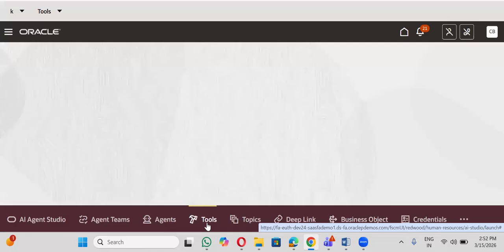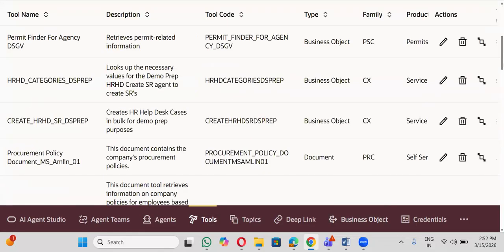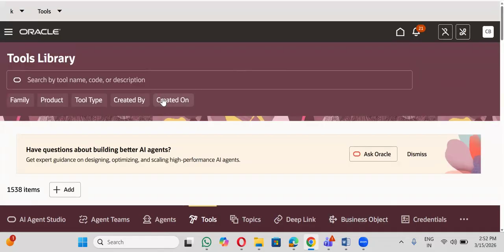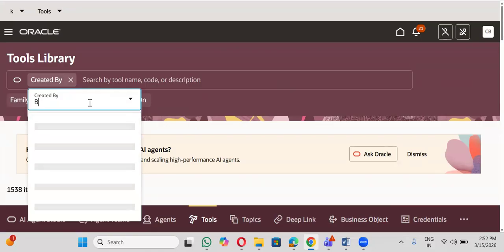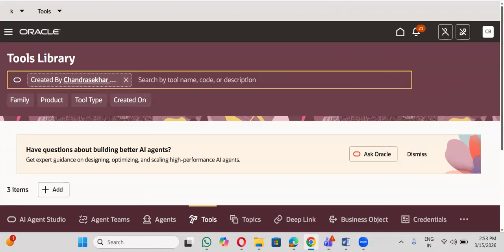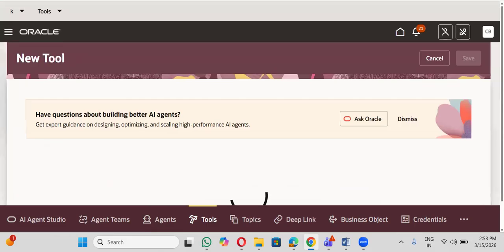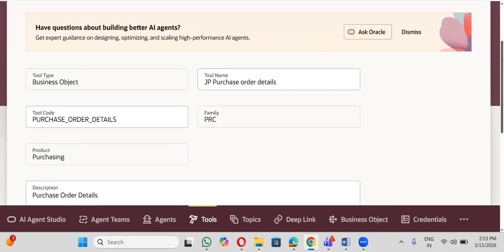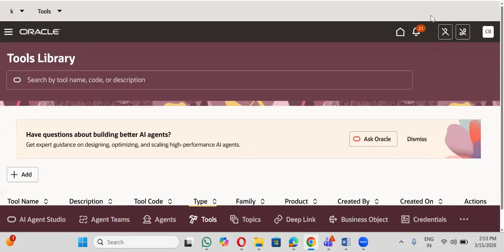You have to attach this business object to the tools. I have created one tool. Open this. I have to attach the business object which was created in the earlier step. You have to attach it here. Once this step is done,